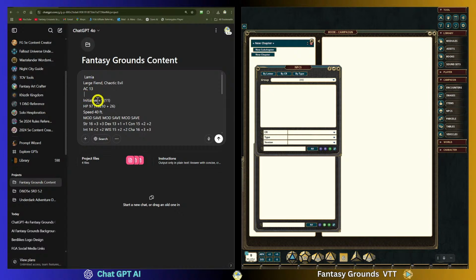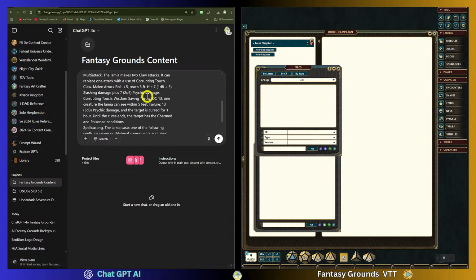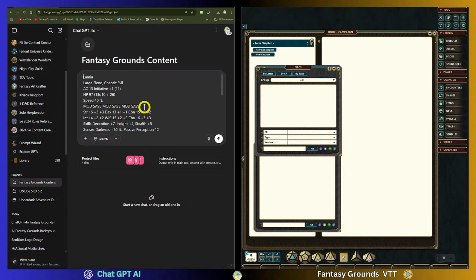So I know that if this initiative is not on the same line with the armor class, it's not going to work. It has to be like this. Otherwise, it won't parse into Fantasy Grounds properly. So there's a few little things I had to do to make sure that it's parsing correctly. So that's what I uploaded for the actual